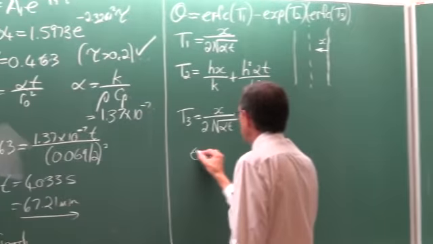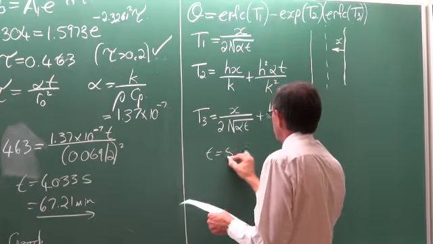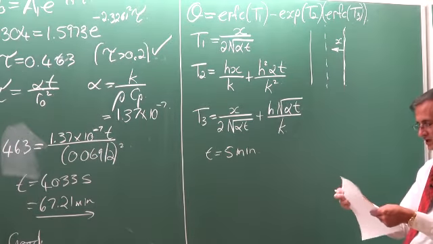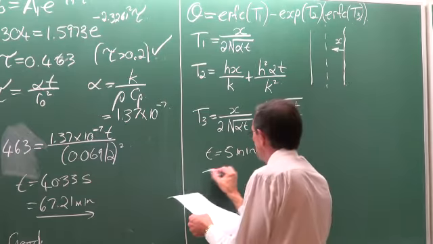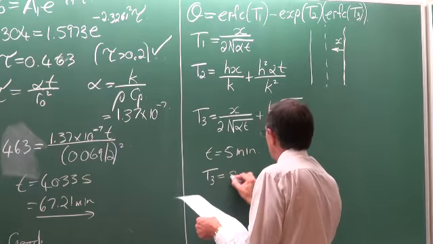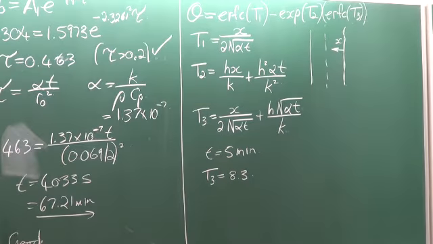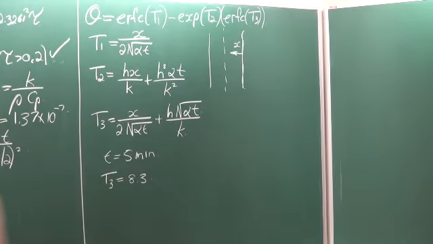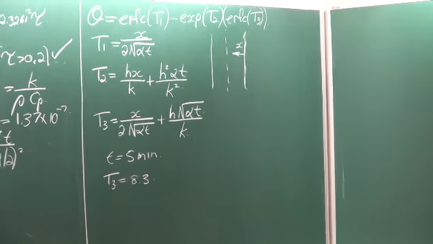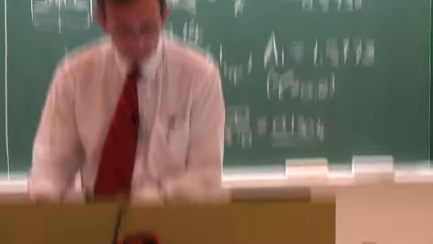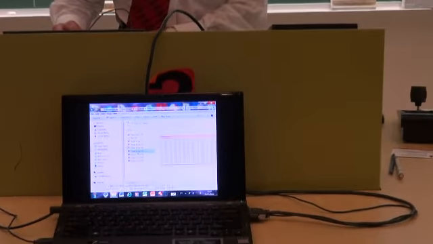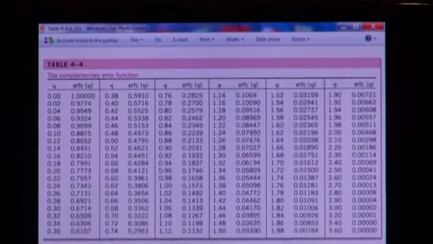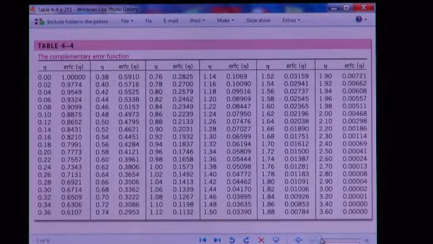So that's the approach that I've used. I've said, well, let me use 5 minutes. And then I go and do the substitution, and the result is that T3 would be equal to 8.3. And if we now look at the tables, Aaron, if you can zoom in there for me. Okay. If we look at the tables,